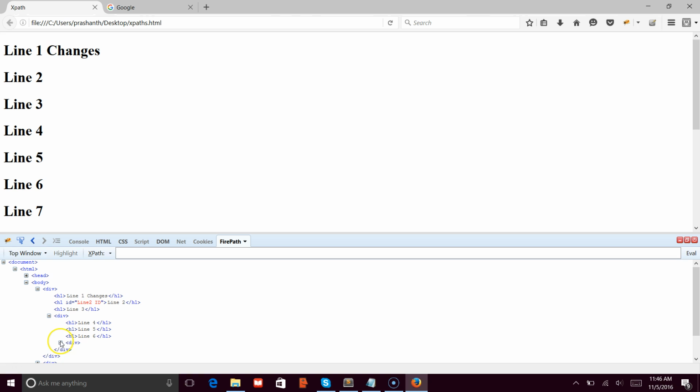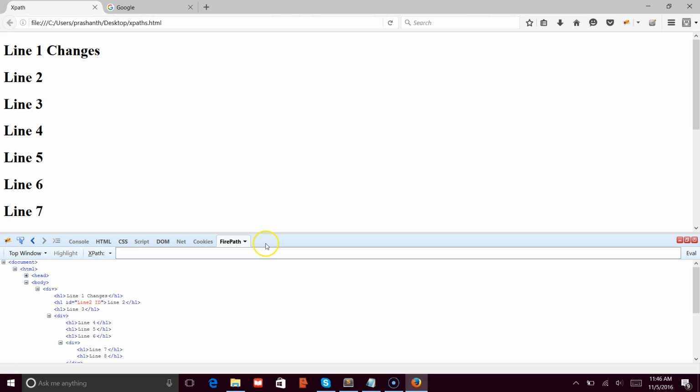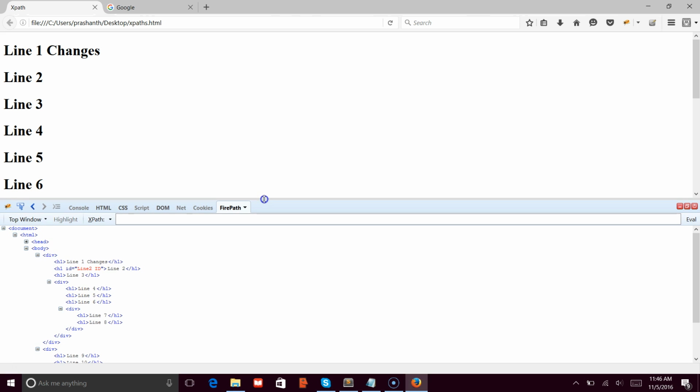Here I have a couple of divs. I have expanded those, and also the other div. So this is the same code which I have written here. The advantage we get with Firepath or Firebug is that we will be able to spy on this HTML code and we can write the